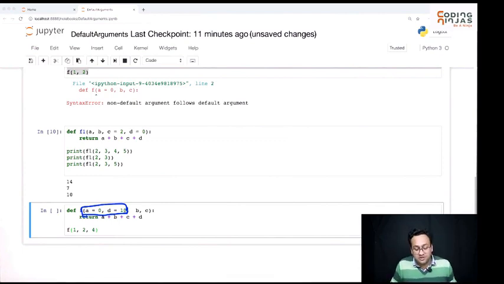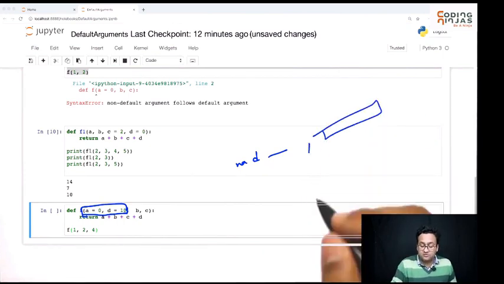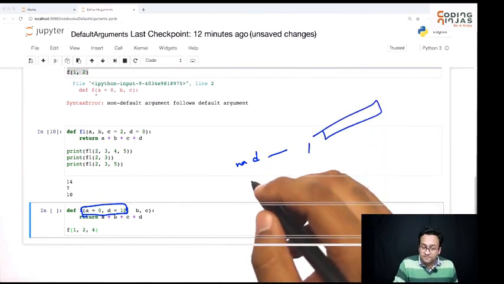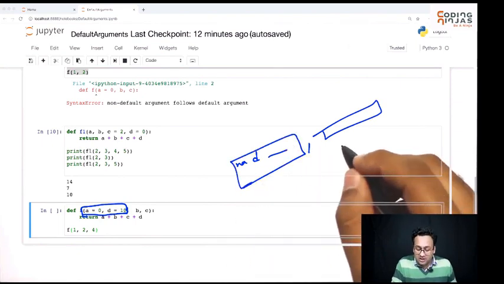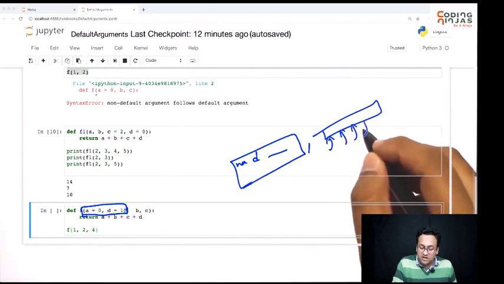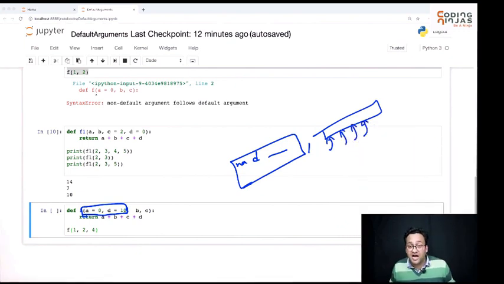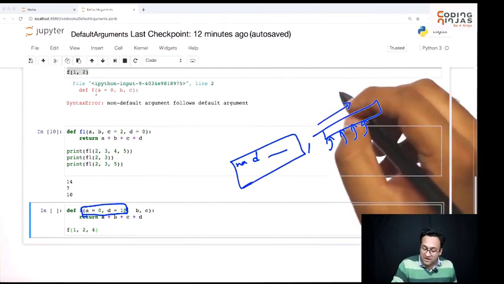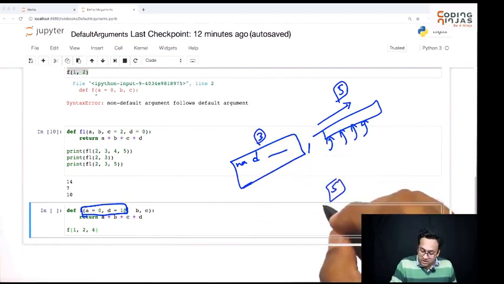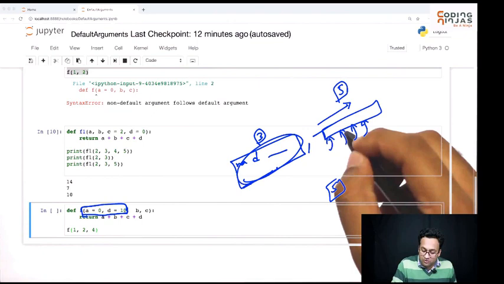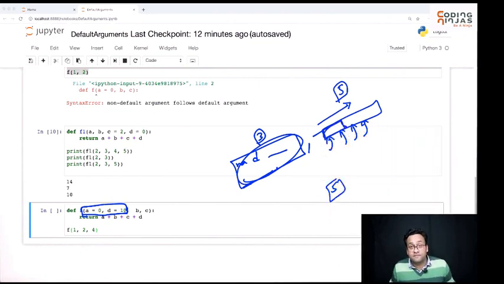So, very, very simple. You first put non-default arguments which don't have default values, then you put the ones which have default values. When a function is called, the first arguments are passed to these non-default ones. Then if you have any additional, they start getting assigned to these variables which have default values, filling up in this direction. So for example, if I had 5 default arguments, 3 non-default arguments, and I pass you 5 arguments total, 3 of these will be used for these, and 2 of them will be used for the first 2 here. Okay, so that's how the default arguments work.